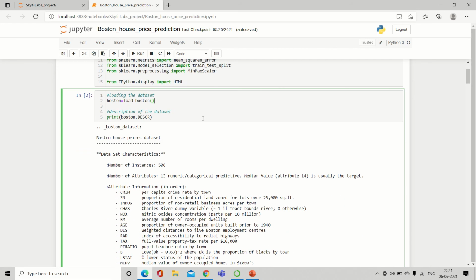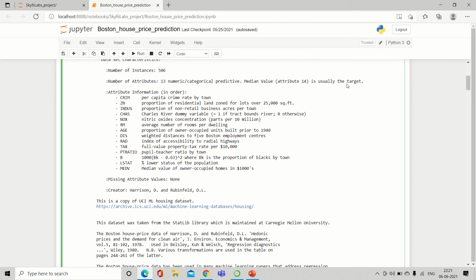The next step is to load the data set. Here we are loading the Boston dataset and storing it in boston, and then we are printing the description of the Boston dataset. As you can see, it has 13 features and one target attribute.